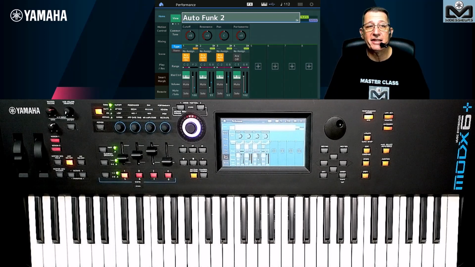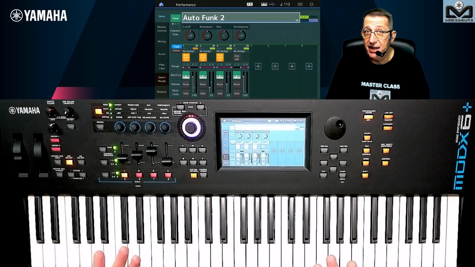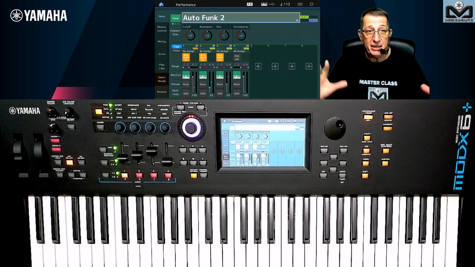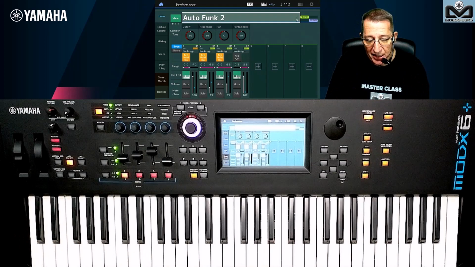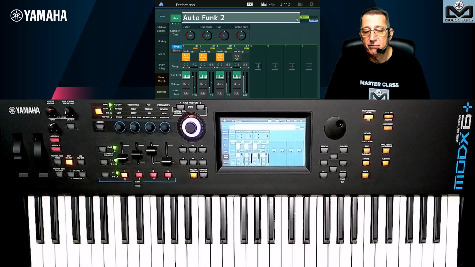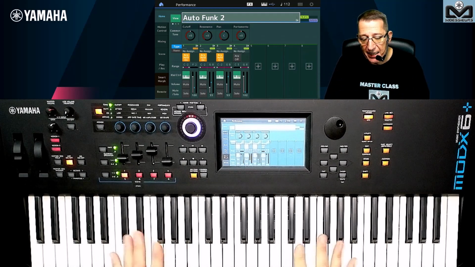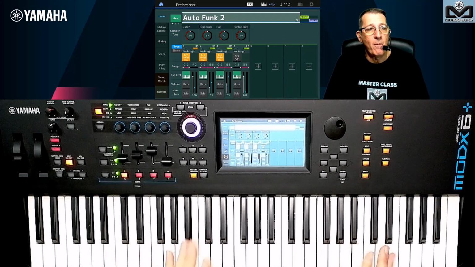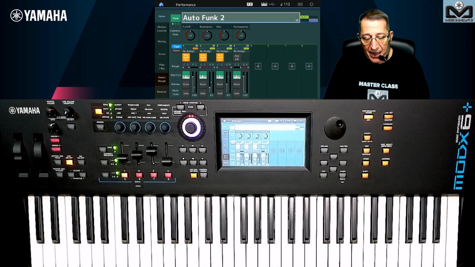We are always on Modex Plus basic format, and today we are going to talk about scene memory. So what are they? How to use them in basic short format. Scene memories are like a snapshot of a large number of settings that you can apply to change when you play inside your performance.